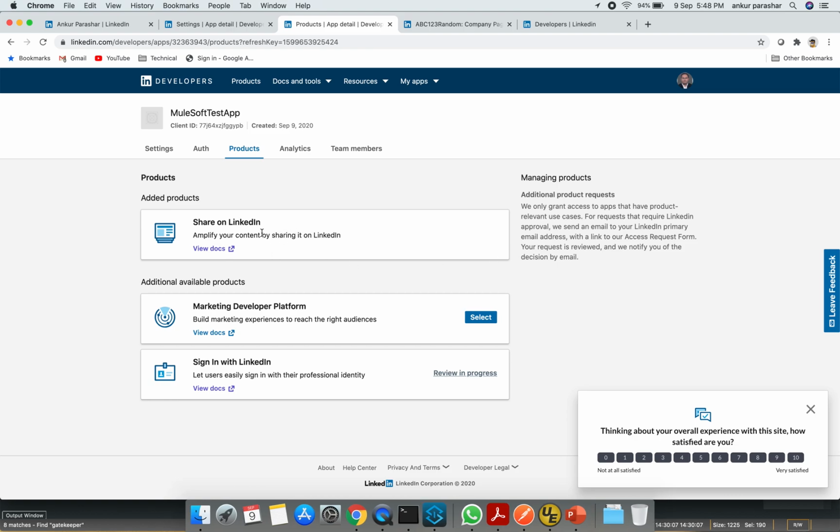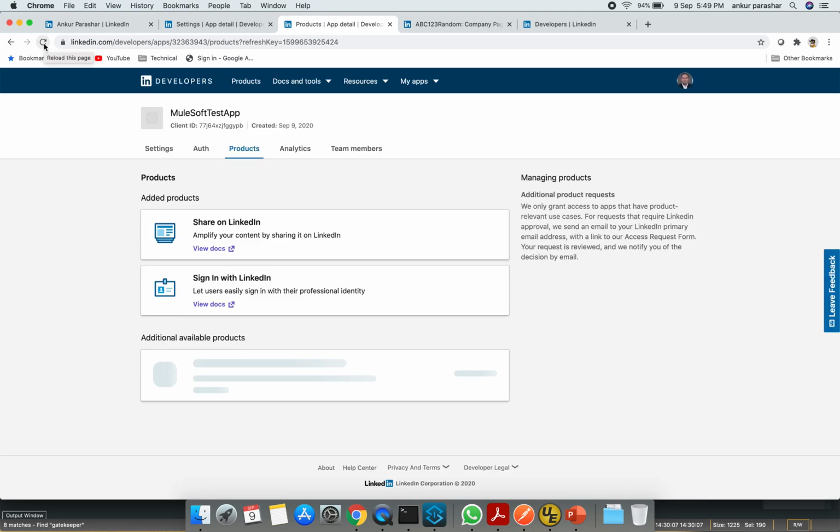You can see Share on LinkedIn is already verified, and within seconds it will also be approved. Let me refresh it once. Now both are available. This is pretty much the setup we require at this end.